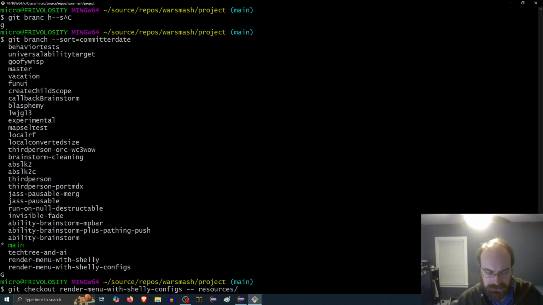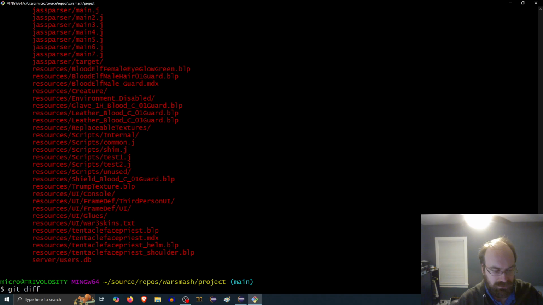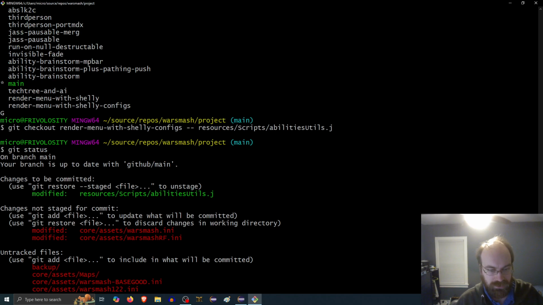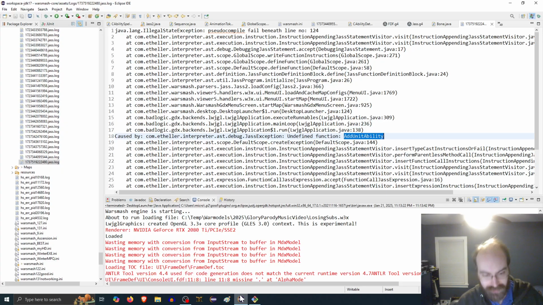I'll probably sleep soon. Resources folder. So we go to the resources folder and we look at what's in there. Inside the resources folder, there's scripts and then there's abilities utils, which was broken. So I'm curious now, actually, if I diff against head, where are we at with abilities utils? I don't know. This thing. So because I have VJAS now natively, the code I added here has to be a VJAS library natively. So that's stupid. But anyway,